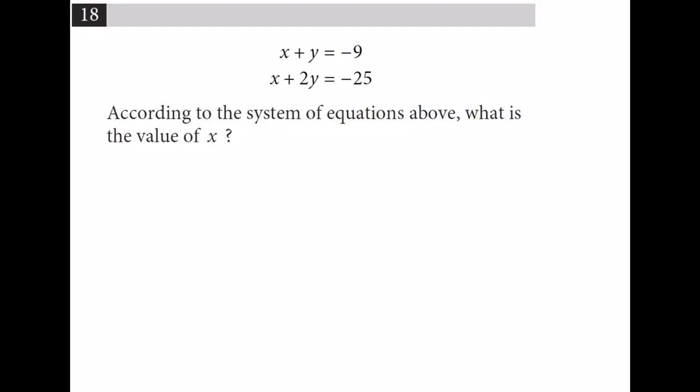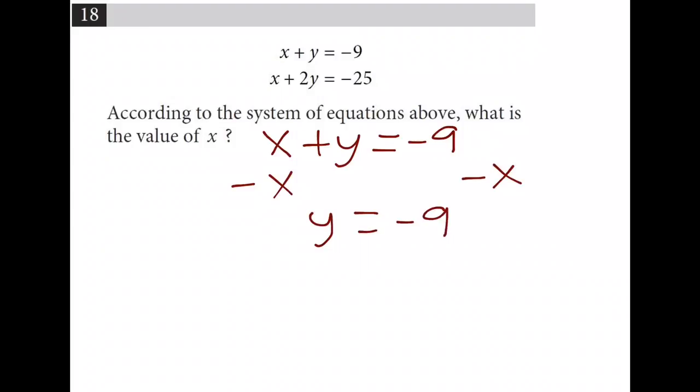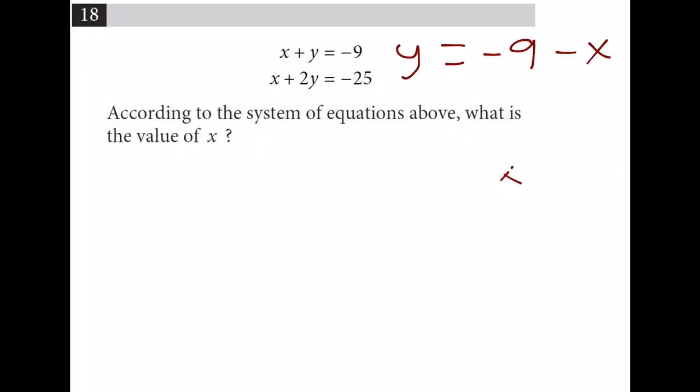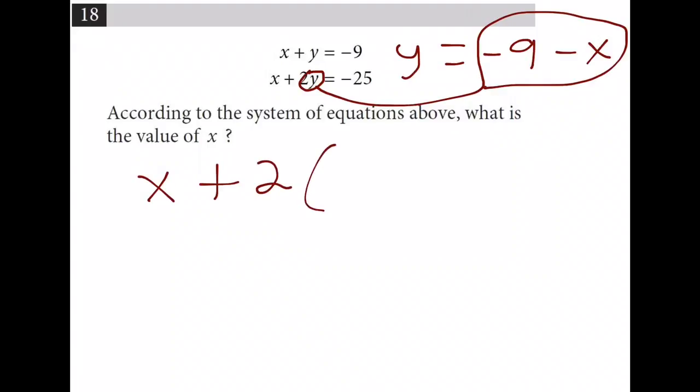If I solve the top equation for y, that would look like this. X plus y is equal to -9. Subtract x from both sides. Y is equal to -9 minus x. So let's keep this in mind. Move it up to the side. And we're going to plug this into our second equation. Instead of 2y, we're going to replace y with what it's equal to. So x plus 2, the coefficient for y, can't forget about that, times the quantity -9 minus x